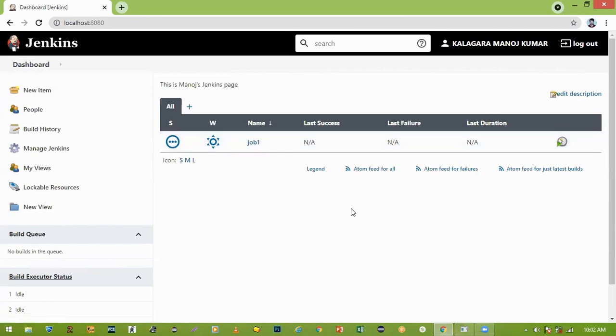So if you want to run this job, sir, job means here nothing, empty, but I want to give, sir, a Maven project that is already completed. In every Maven project, a POM file is there. Everyone knows that POM file, the POM.xml file in a Maven project. That file we want to give here.